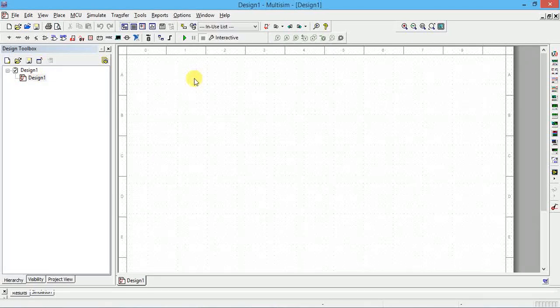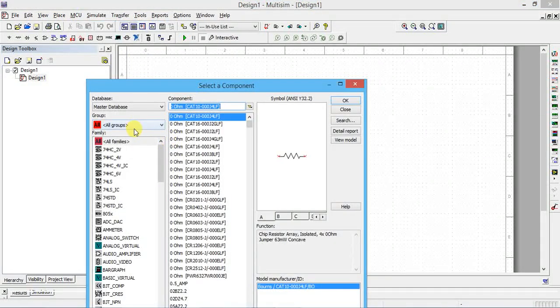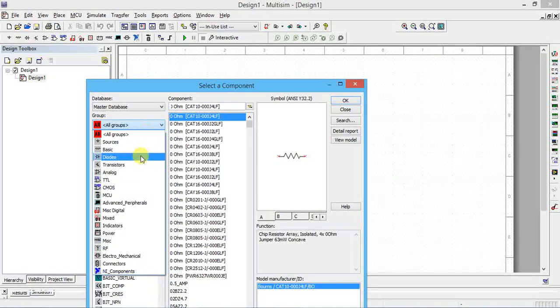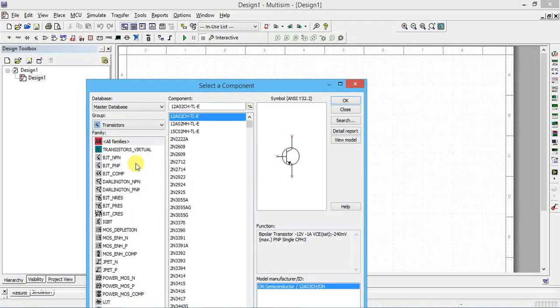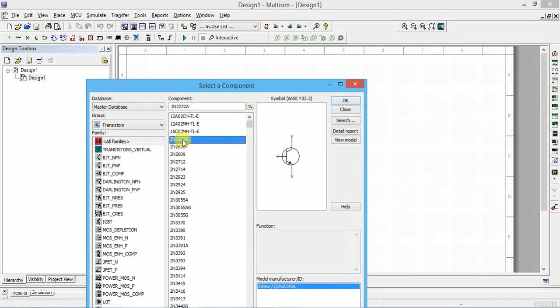When you open Multisim, you will get a window like this. Go to Place, Component. I want a transistor, so go to All Groups, and there you select Transistors. Then somewhere here you will get 2N2222A.